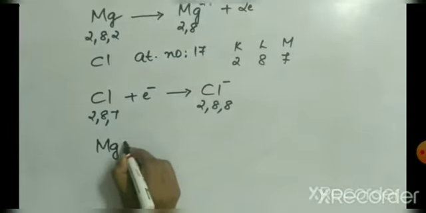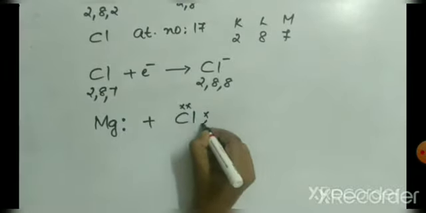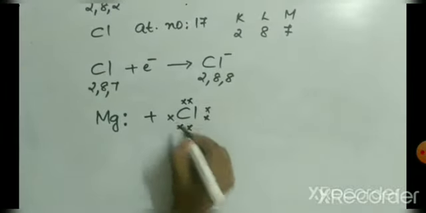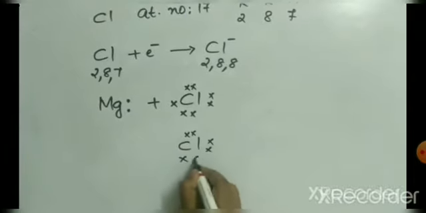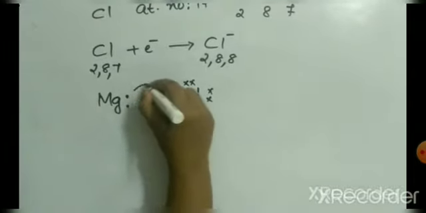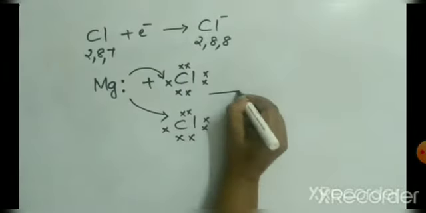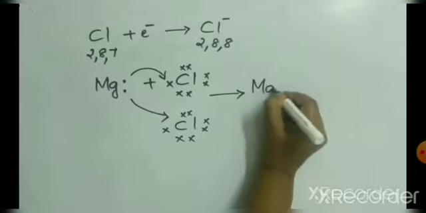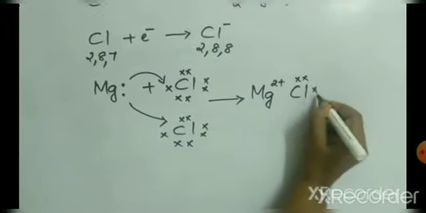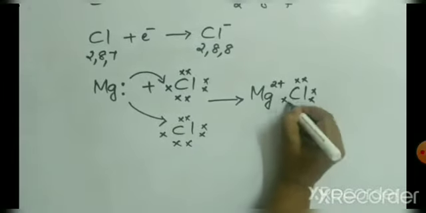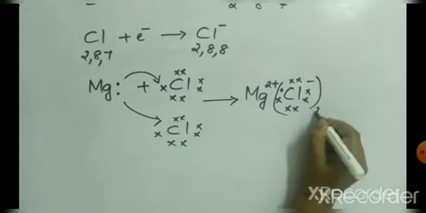Lewis representation: start with 1 magnesium atom and 2 chlorine atoms. Magnesium has 2 valence electrons and chlorine has 7 valence electrons. Each chlorine atom requires one more electron. So out of the 2 electrons present in magnesium, one will be transferred to one chlorine and the other will be transferred to the other chlorine atom. Since 2 electrons are lost by magnesium, it changes to Mg2+. And since each chlorine gains only one electron, it is Cl-, but 2 such ions are present, MgCl2.